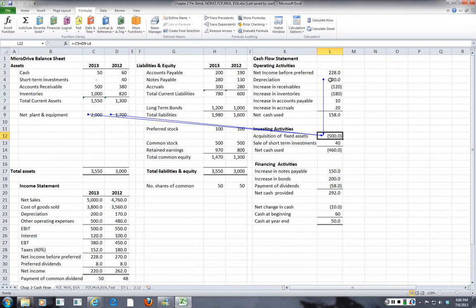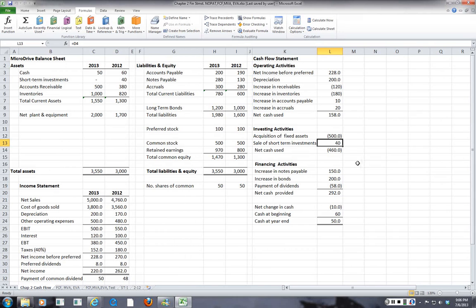We have to add $200,000 of depreciation to get the real number, which is $500,000. Then the sale of short-term investments is the next one. You can see it here as 40, and then they sold it, so it's 0 now. So net cash used is